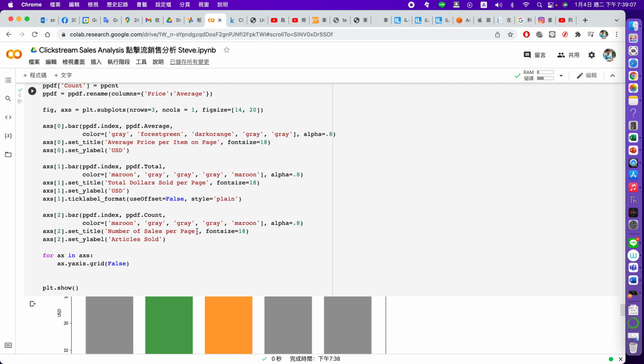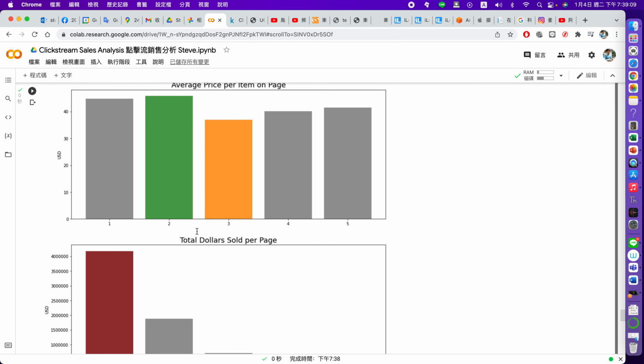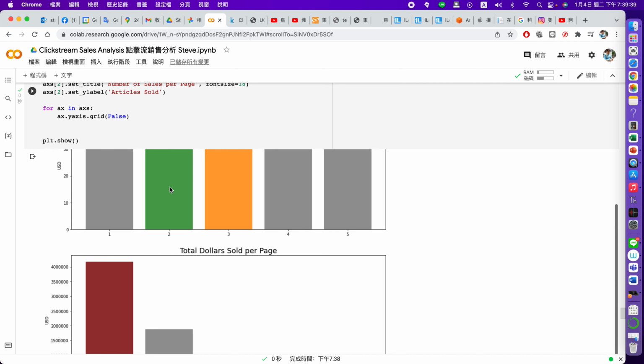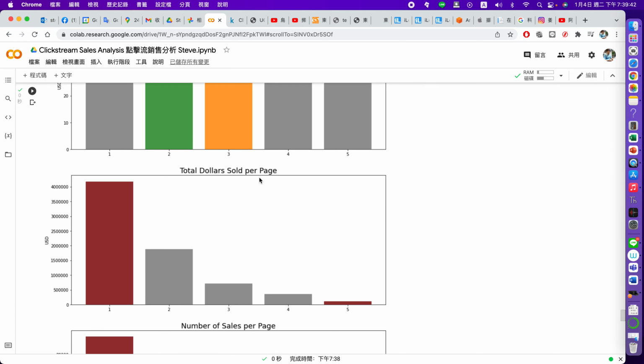Okay, so for the last one, we have to draw the average price per item on page. OK，这每一页它的平均单价。OK, average price per item on page. So you may see the first 2 pages, the average price is higher than the rest of the 3 pages. 就前2页呢的平均单价比较高。